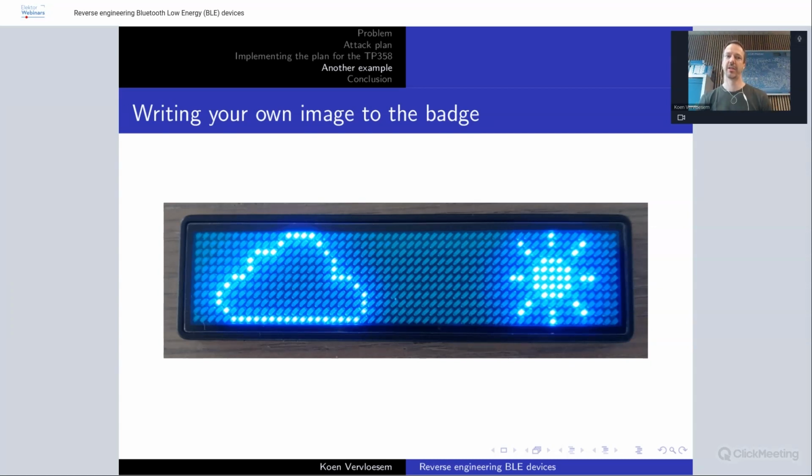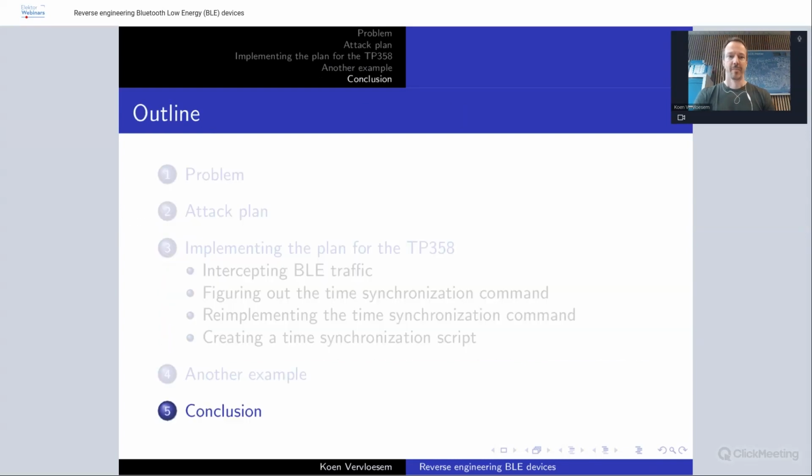So this is just another example of what you can do by reverse engineering Bluetooth devices. In this instance, it was also necessary to look at the code of the app. Okay, so I've shown the clock, how I reverse engineered it. I have shown another example. So to conclude,